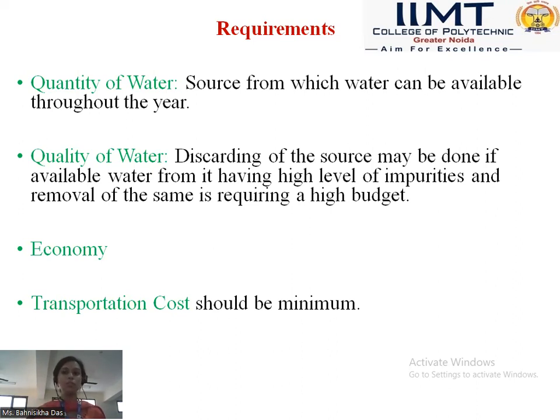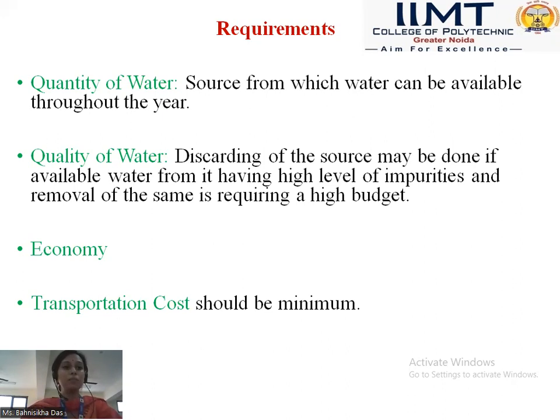Because if you are distributing the water lesser than the demand, then of course it will not meet the requirements of the people residing in a particular town or a city for which the water supply scheme is designed. So the first requirement that we need to meet for selecting the source is the quantity of water, because